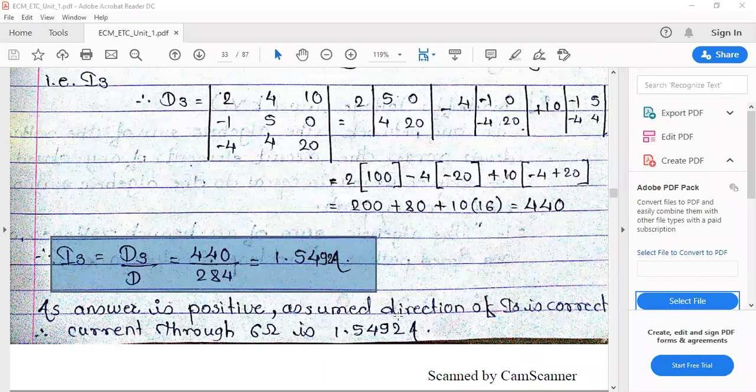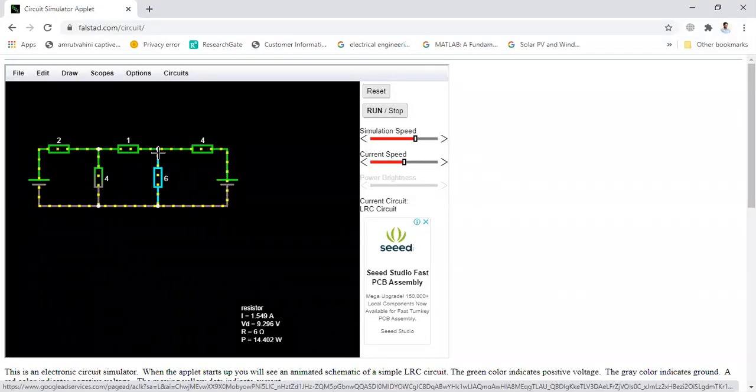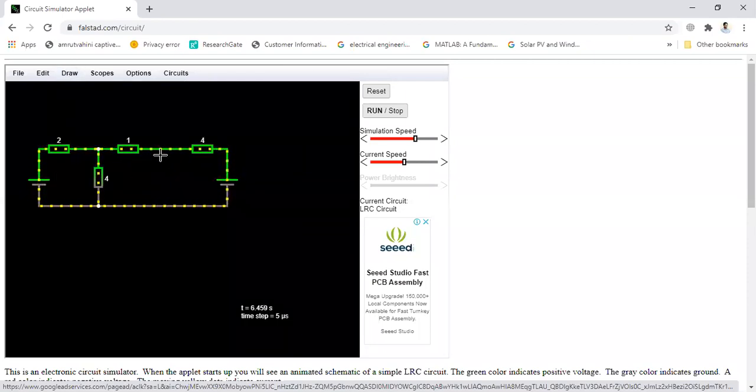Now, on the circuitry, is this circuitry visible to you all? Now what I'll do is, just a minute. I'll draw a wire, so I need to remove this wire.